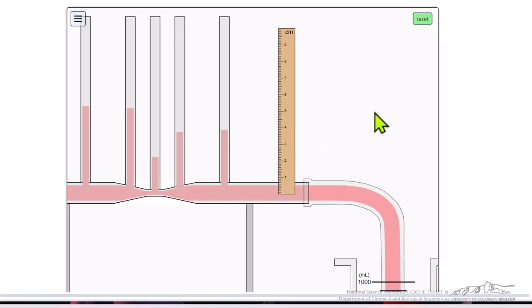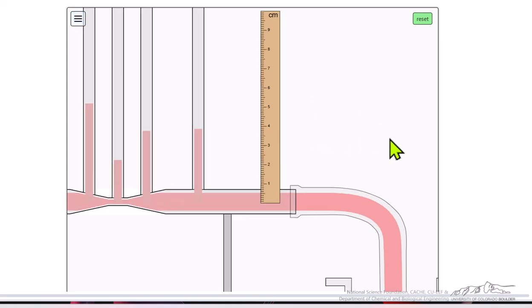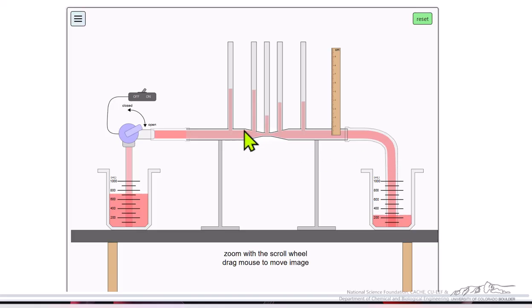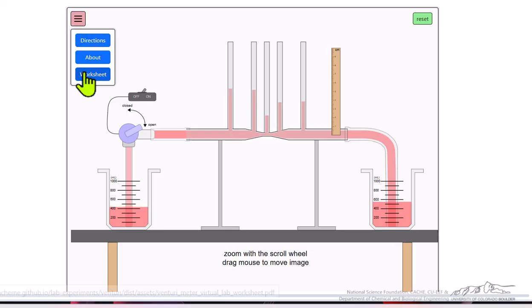And we can use that in Bernoulli's equation to calculate flow rates, the velocity changes as we move down. As the tube gets narrow, the velocity increases. This affects the pressure, and this is all explained by Bernoulli's equation. So this is a model of a Venturi meter that can be used on a large scale to measure flow rates. Now this digital experiment, if we click here, we have some brief directions about using it,